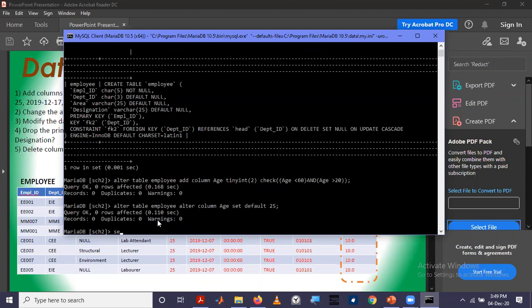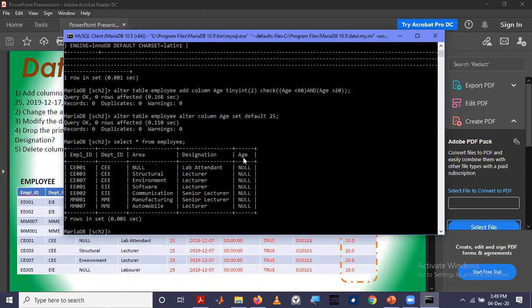So now if you go and look at the table, you can see age, but I added this constraint later. So now if you add one, this will be there, but since we added this constraint later, it is not there for existing rows.